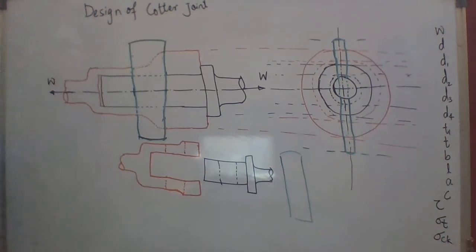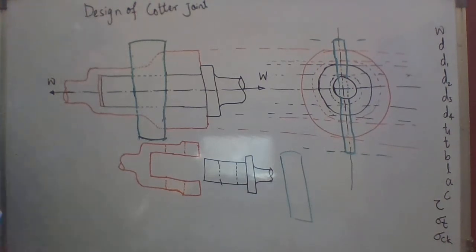Today we will learn the design of a quarter joint. This is actually part of your second chapter, but as I have discussed already, we will take the theory and the numericals simultaneously. So in lectures 1, 2 and 3 we covered some theory from chapter number 1. Now we'll see the numerical, the design of the quarter joint.